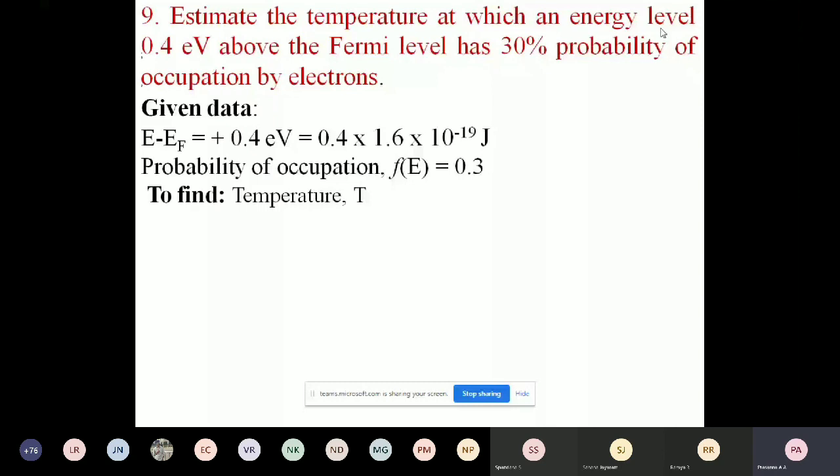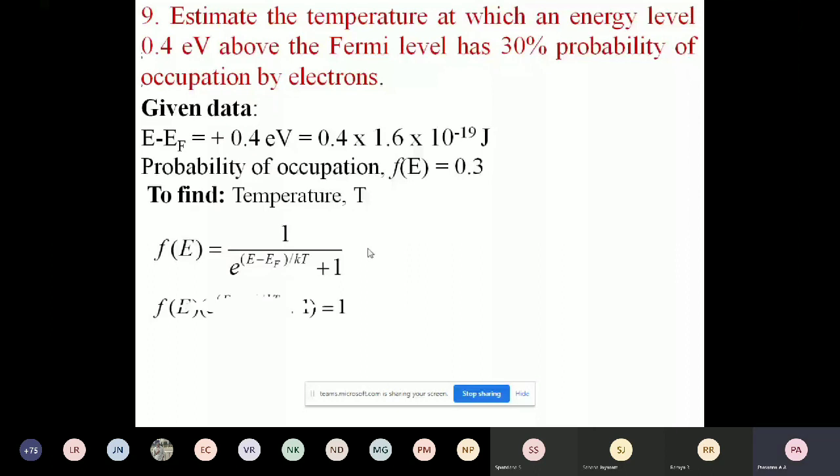Plus is taken because it is given that this energy level is this much electron volt above the Fermi level. Above represents positive. Therefore, plus 0.4 electron volt is taken. Probability of occupation is 0.3. That is given. 30% means it is 0.3. So the temperature is to be calculated, the formula is the same. You have to simplify this equation. How to simplify? You apply